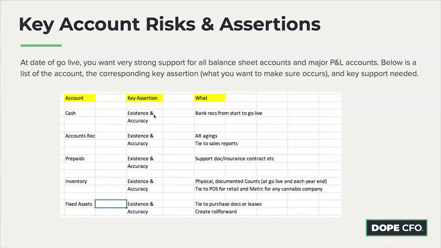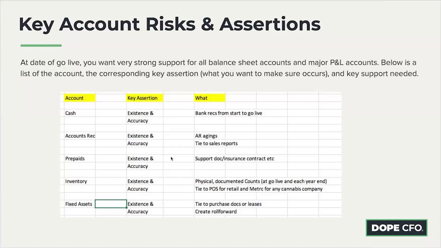This is just how we look at different accounts, key accounts. And so we start with the balance sheet always. And as you go down from top to bottom, obviously cash is very important. What are we thinking about on most assets? Existence is the biggie. And so does the money actually exist? Is it in the bank? Is there a bank rec? Do we know we have all the outstanding checks?